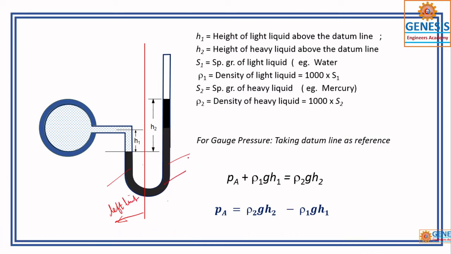Okay, so from this, the left limb must be equal to the right limb in order to have equilibrium. Now I will apply this. You can omit this downward part and take only the upper part. Why? Because if you wanted to calculate, you can add up, and this equals, so they get cancelled. That is why you have to take the datum line. In this case, I have taken the datum line here.